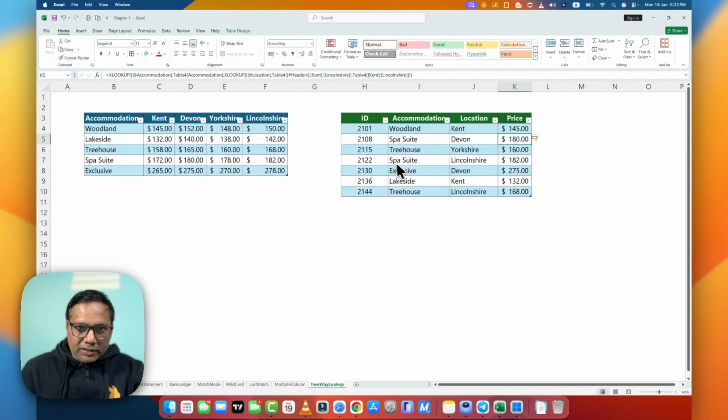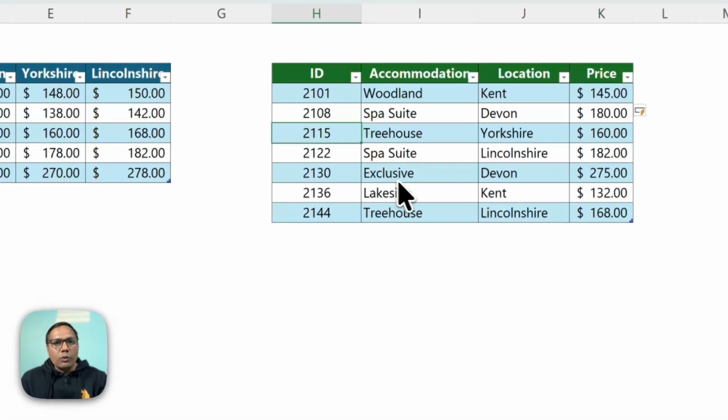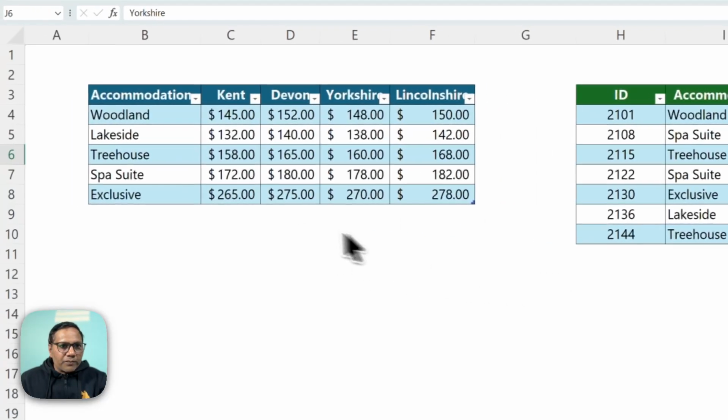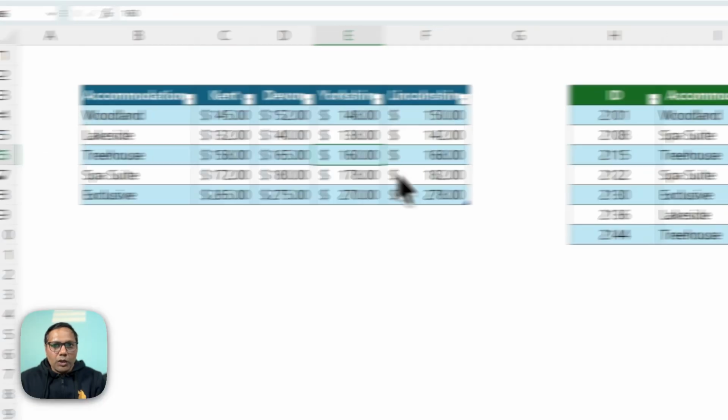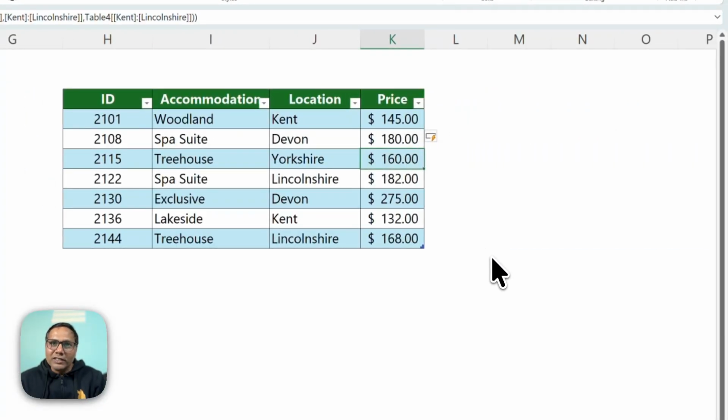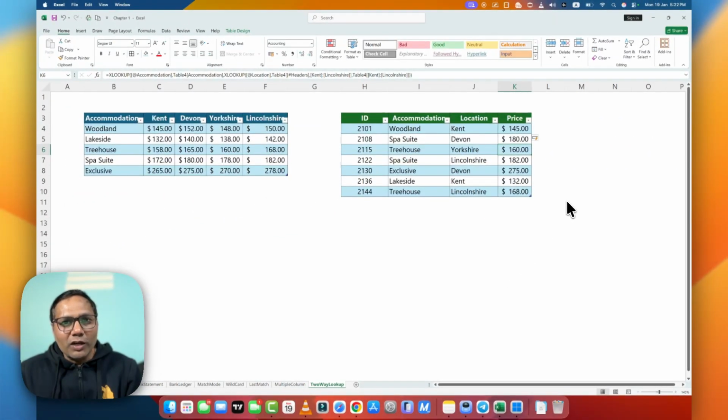We can cross check. ID number 2115, we have accommodation type is tree house, location is Yorkshire. So tree house and the Yorkshire is 160, which is coming over here. So this is how you can use the advanced use of